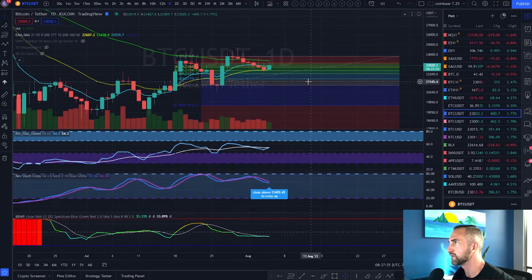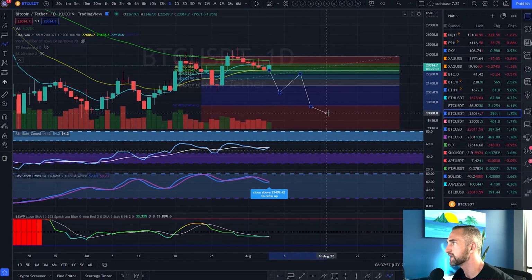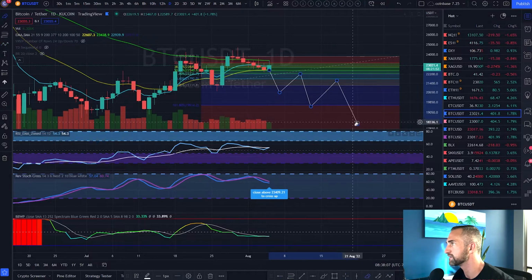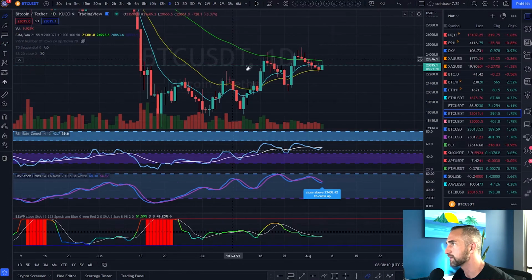And then, right, what typically happens is you get something like this, right? So Bitcoin makes a lower low. Let's say it gets down to here, right? And then we come right back up and test that 618 fib, the retest, and boom. Something like that could easily happen. And we just slowly melt down. I don't know. It depends on what the stock market does. Depends on what all the bad news it could be ushering in coming into September.